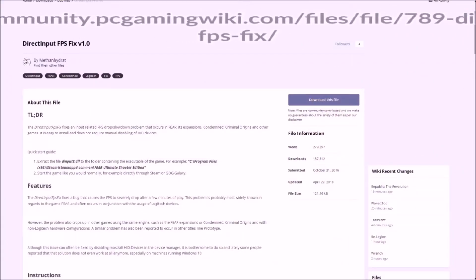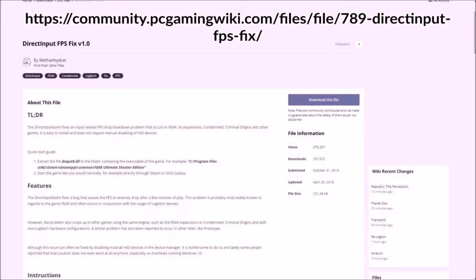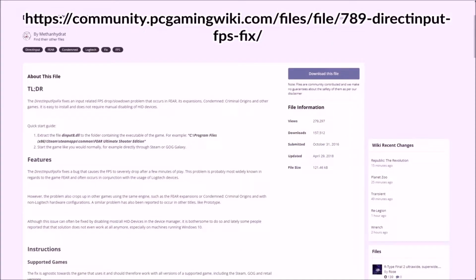So we now have this place called Direct Input FPS Fix version 1.0, and it's by Methanhydrate. So I'll just read a little bit here. About this file: the Direct Input FPS Fix fixes an input-related FPS drop slowdown problem that occurs in F.E.A.R. with expansions, Condemned Criminal Origins, and other games. It is easy to install and does not require manual disabling of HID devices. So what you want is basically this